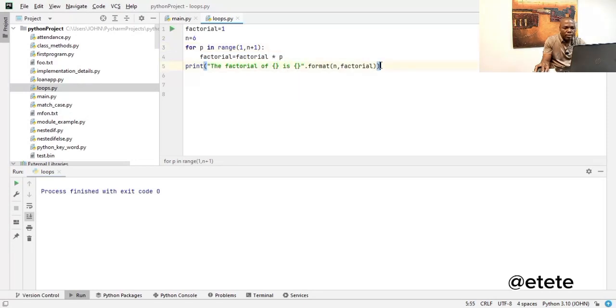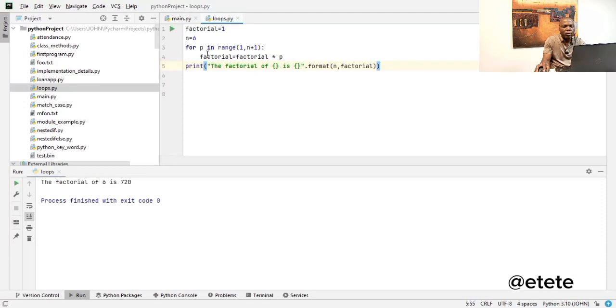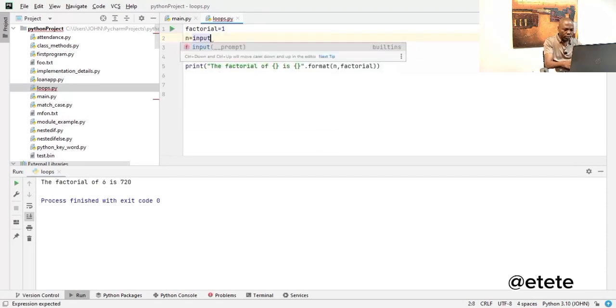So I'm going to execute this. See, the factorial of 6 is 720. Now with this program, all I need to do is supply any value. Now I can decide here to supply the value at runtime. So all I need to do is call my input function at this point. And so I'll just do this. I'll say input, calling the input function, and then I will say, enter a value here to find the